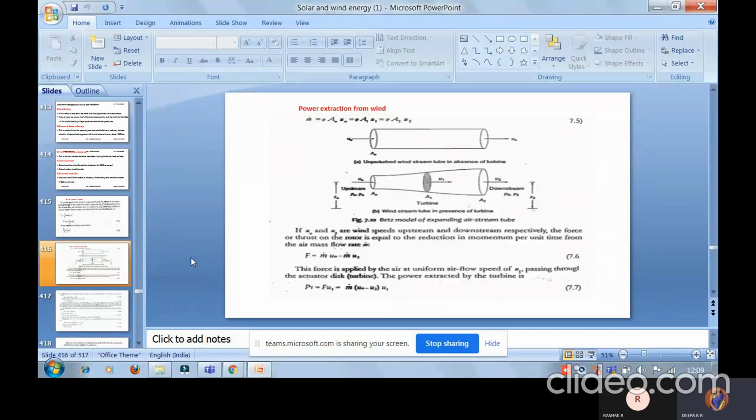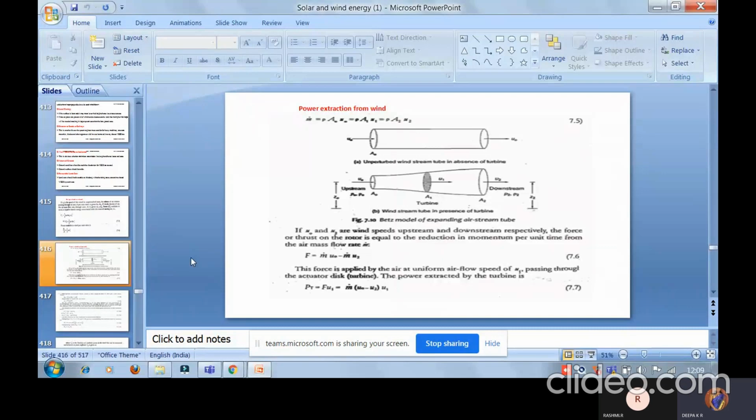Swept by the turbines, because we know that the wind turbine is mainly used for harnessing mechanical power from the wind. Mechanical power has to be produced, so you need to get rotation from that wind, and the rotor of the turbine is going to collect the energy which is swept by the rotor. It has to be swept, then only we can get the mechanical movement. So it is very much necessary for us to go for an analysis.